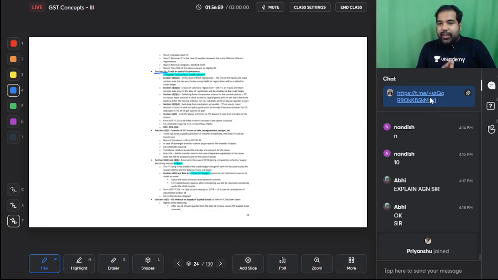Guys, we are going very, very steady. In this session, we will be finishing registration. We've already finished 2 exemptions. We will be finishing ITC as well with the questions. Yes, with the questions, I'm very confident we'll be finishing. And then in the next session, we will do the chapters like payment, return, invoice, etc.